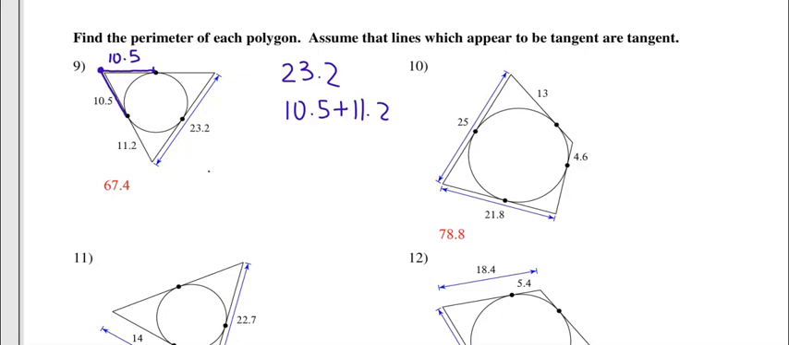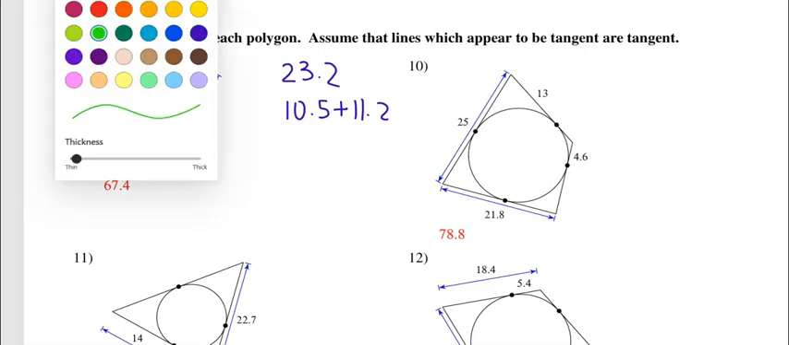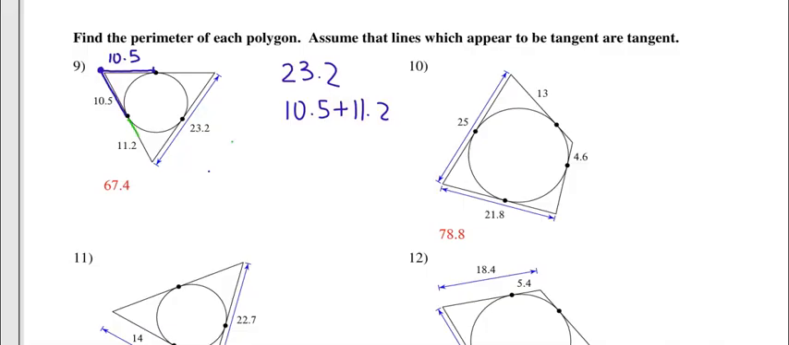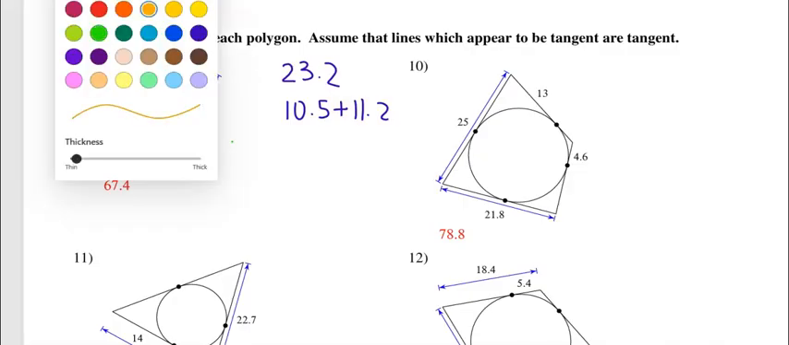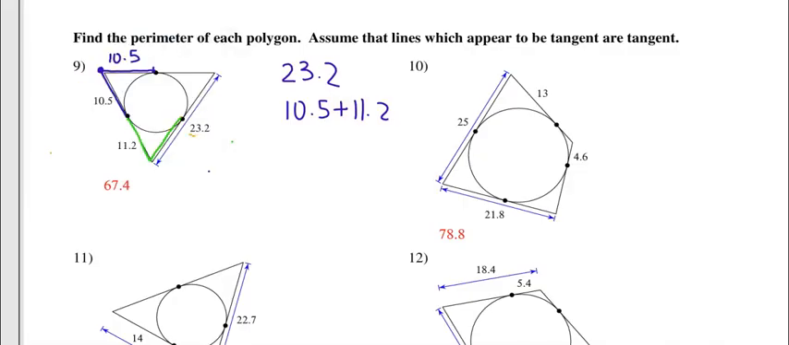Which means, let me get a different color. This is 11.2. This is also 11.2. And then get another color. The whole thing is 23.2. Subtract the green 11.2. And this part is